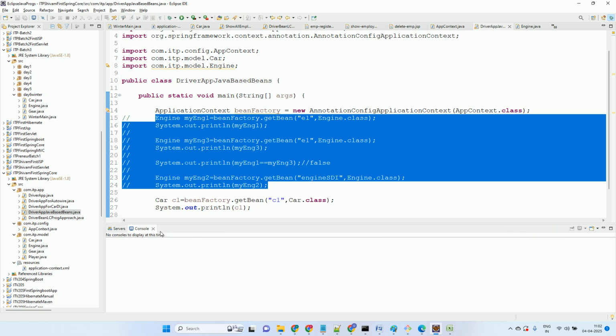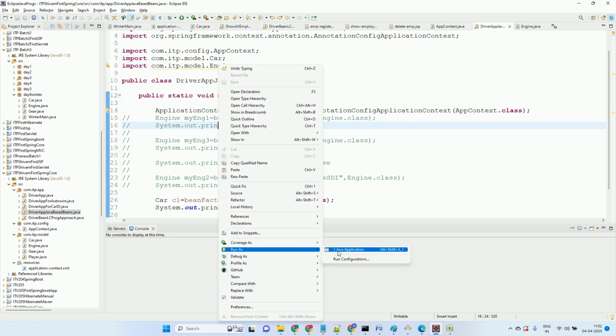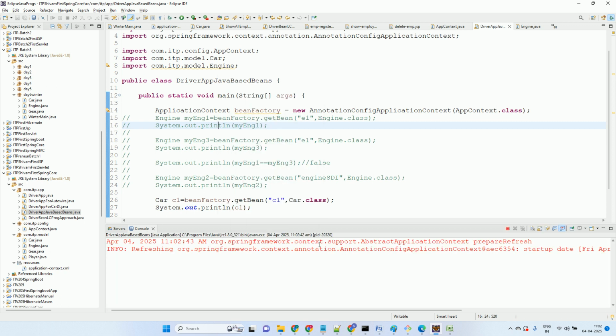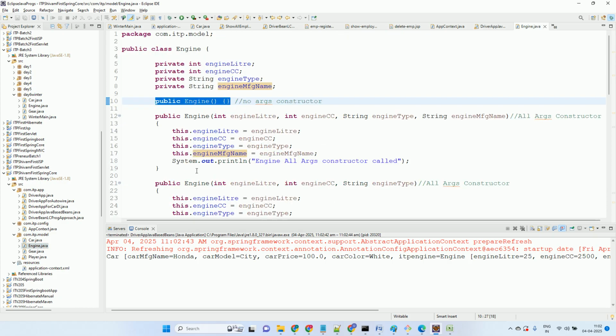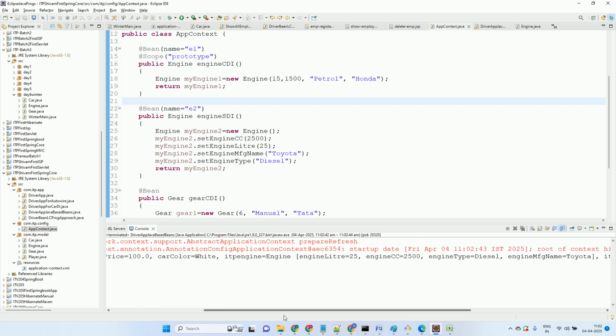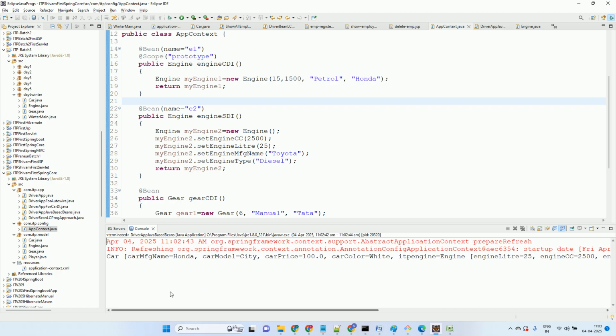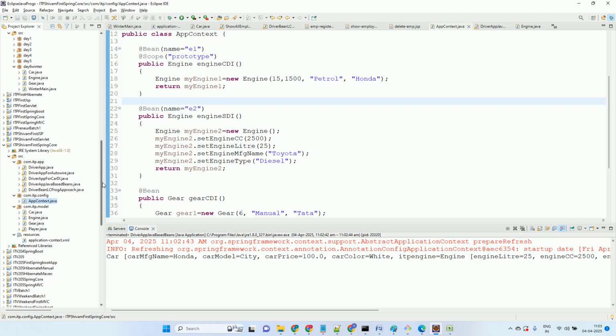तो द कोड शुड रन नाउ एंड इट शुड इंजेक्ट द E2 बीन। गुड, E2 बीन कौन सा है देख लो, इंजन 2 कौन सा है, टोयोटा डीजल इंजन, राइट। तो टोयोटा का डीजल इंजन इंजेक्ट कर दिया, गियर का ऑप्शन एक ही था तो उसको बाय टाइप ही रखा। तो जो काम हम वहां कर सकते थे वो सब काम हम लोग जावा से भी अच्छे तरीके से कर पा रहे हैं। समझ में आ रहा है।